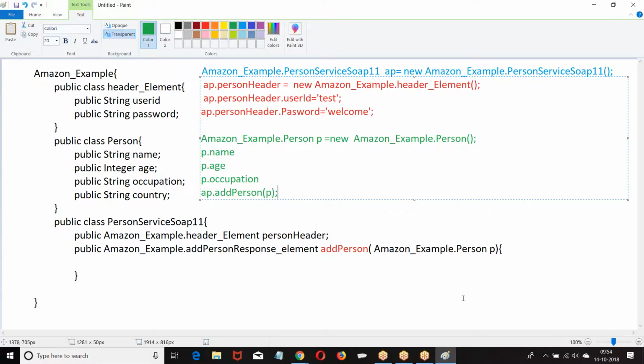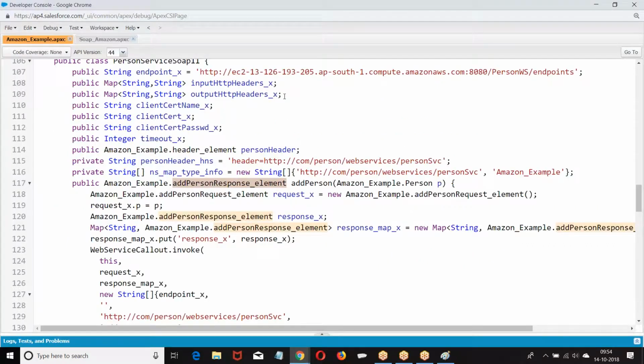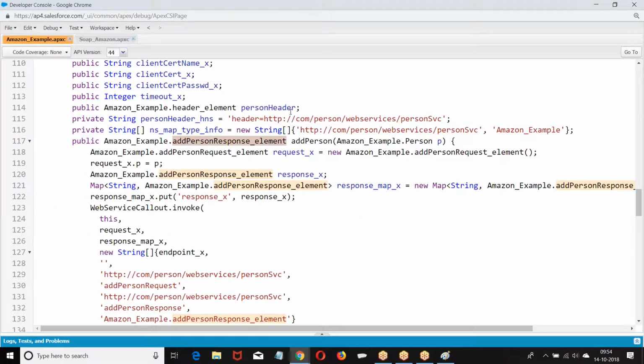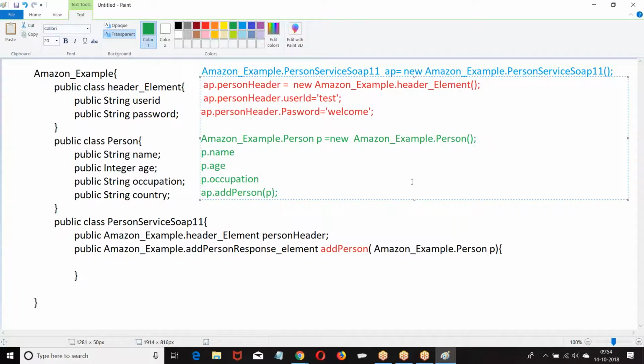Somebody is asking a question. Can you come back to the previous window where you wrote the example? Why are we accessing it like outer class plus inner class, because the inner class is non-static? See, any member of a class, how do you access it?